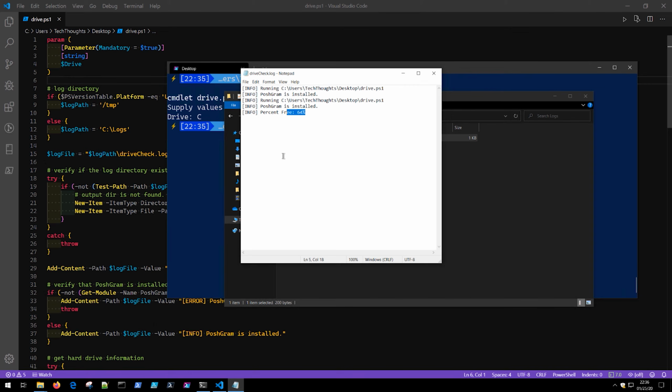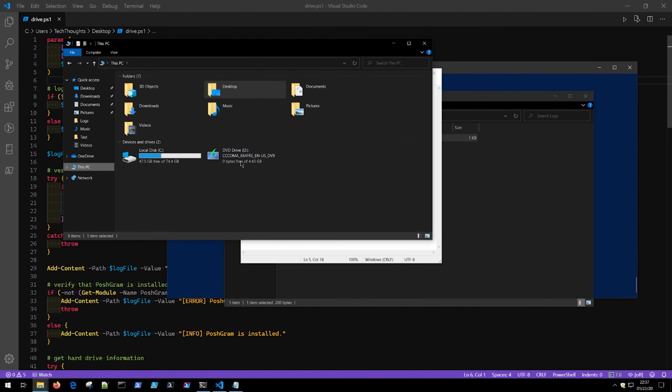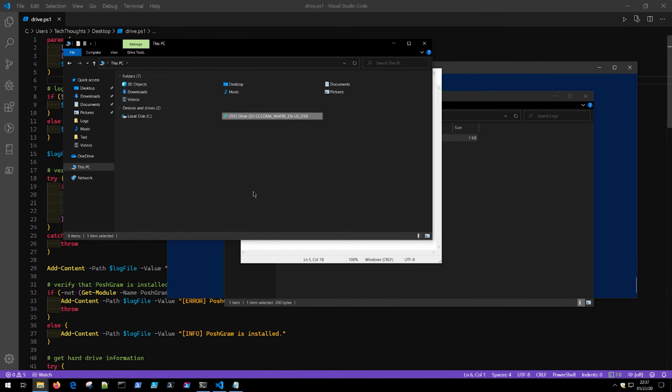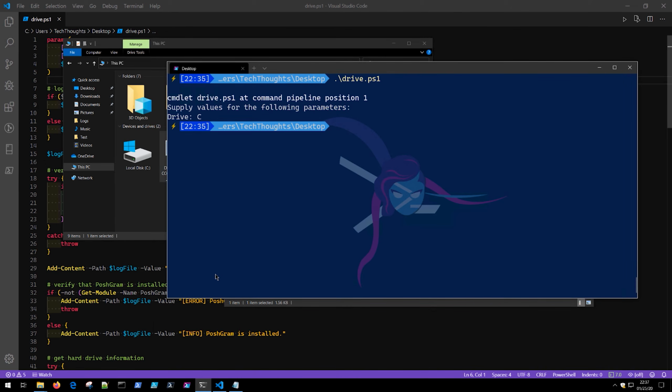So our D drive, as we previously established, is a CD-ROM on this system. And CD-ROMs, by their very nature, don't have any space left that can be written to. So if we go look at this, you'll see 0 bytes free on this CD-ROM drive. So if I give the script the D drive instead, and I'll do that by a parameter. So we can run parameters when we run a script. We can provide that script some parameters. I'm going to give it the drive letter D. And if I click enter,